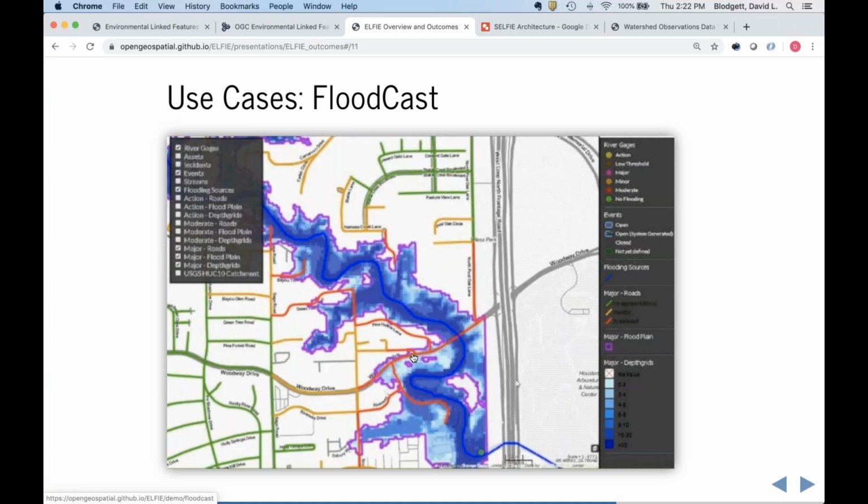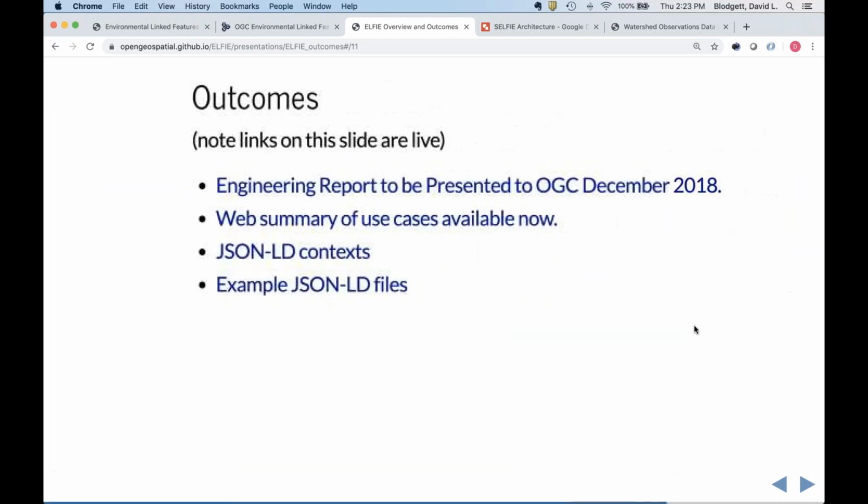Was this idea that if you had a model that could predict flood inundation, how would you link that to, say, transportation infrastructure and critical safety infrastructure like hospitals? And what would the user perspective on that be? How do you go from kind of baseline reference data of roads and infrastructure to the model to notifications, et cetera, et cetera? So this was a really good use case, and we were lucky to have the team working on it along for the ride.